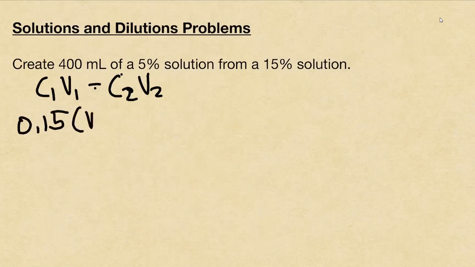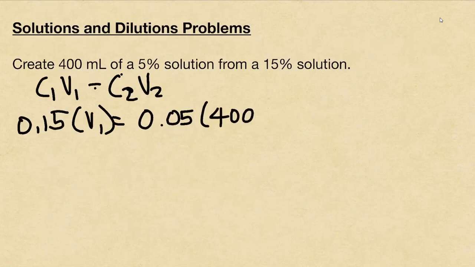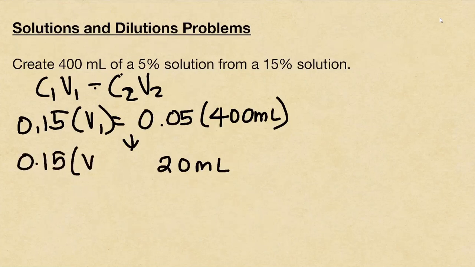We don't know the original volume. And then we want to get to a 5% solution. And we want 400 mLs. Okay, let's just math this out. So we've got 20 mLs. And on the side, we still had our 0.15, V1,